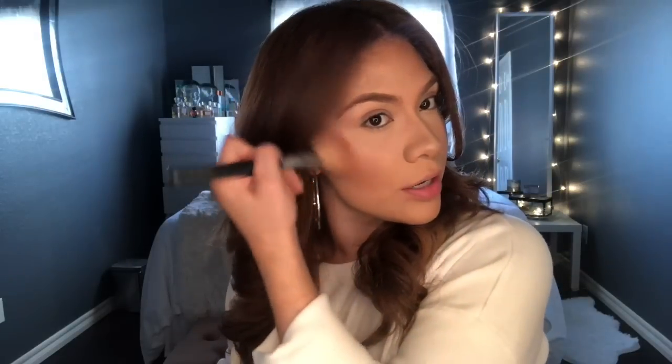And then I take it down the bridge of my nose. And then the sides. See how it just blended a lot more, those side lines right there? If that's a thing, I don't know. Now I will blend my highlight into my blush, because whenever I look in other lighting, it looks very precise right there and I don't like that. So I'll blend whatever's left over on my brush